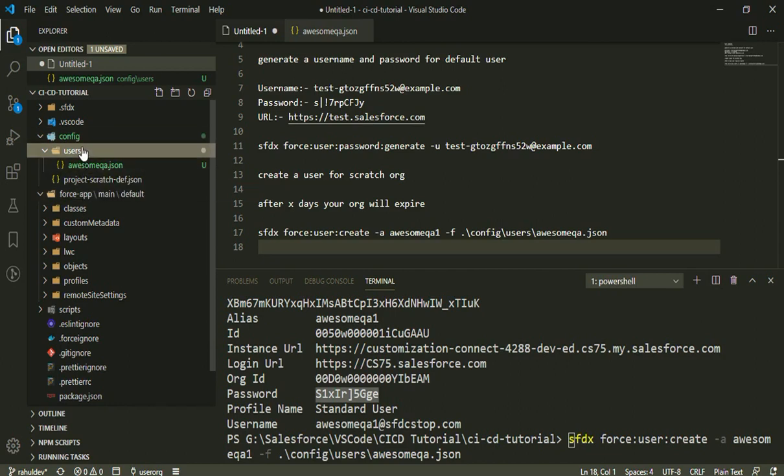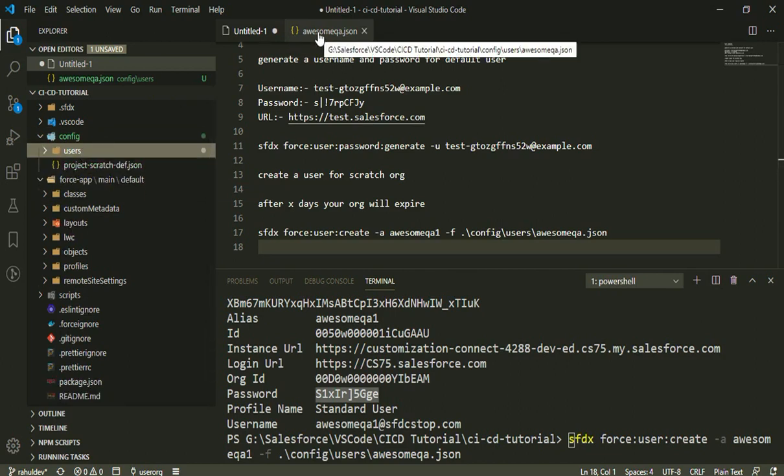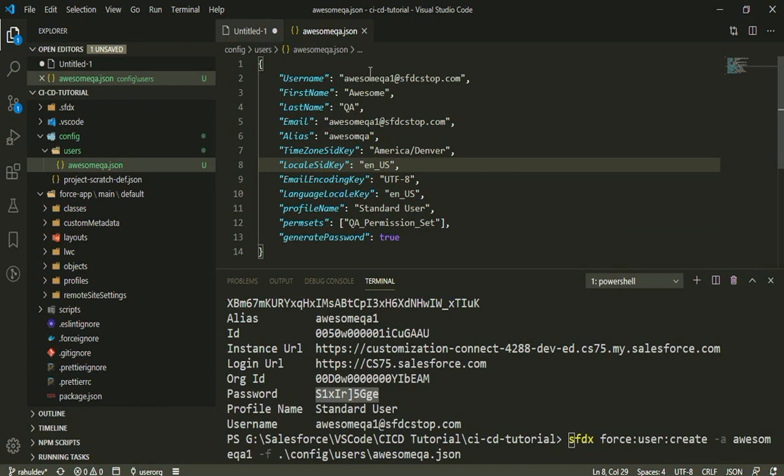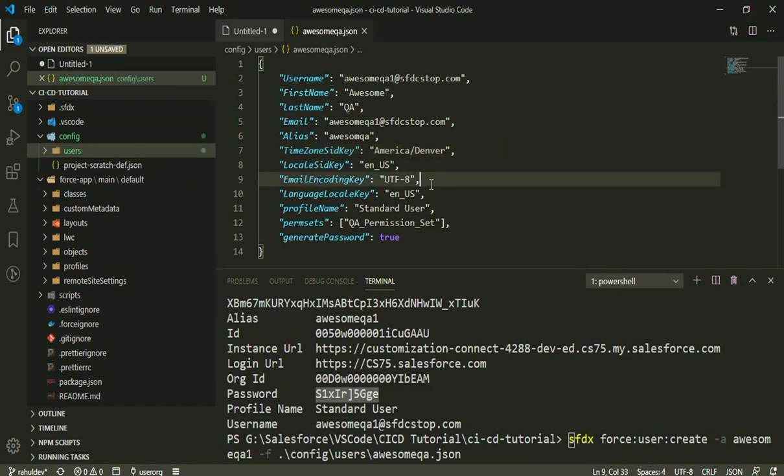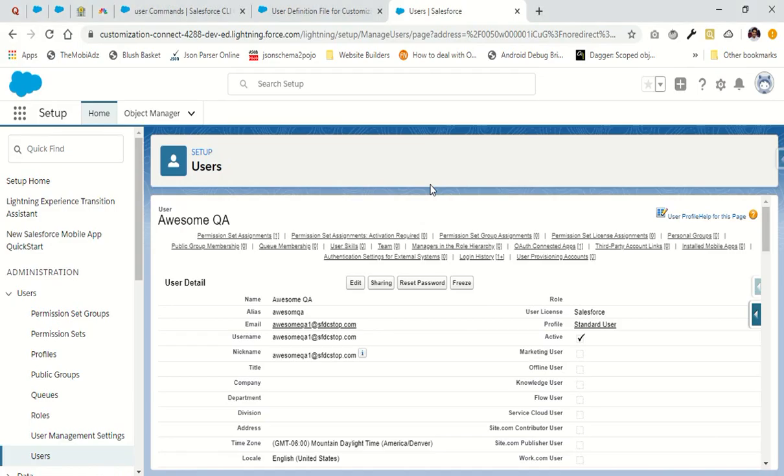So I'll recommend this kind of project structure where you have all the users listed under the user folder, right? Even if you are shifting scratch orgs, it may be possible that you need to update the username, because the previous scratch org takes some time to actually get removed properly, even after expiration. So it may be possible that you need to change the username, but the rest of the stuff will remain the same for you, so nothing to worry. And your users are stored in your VS Code project as well, right?